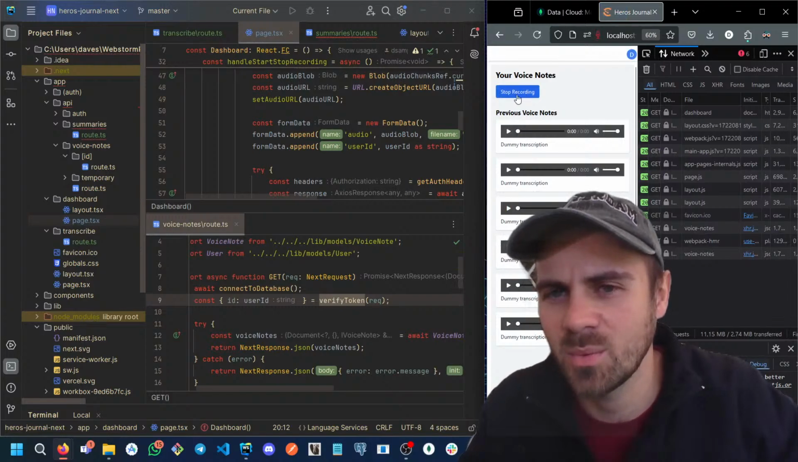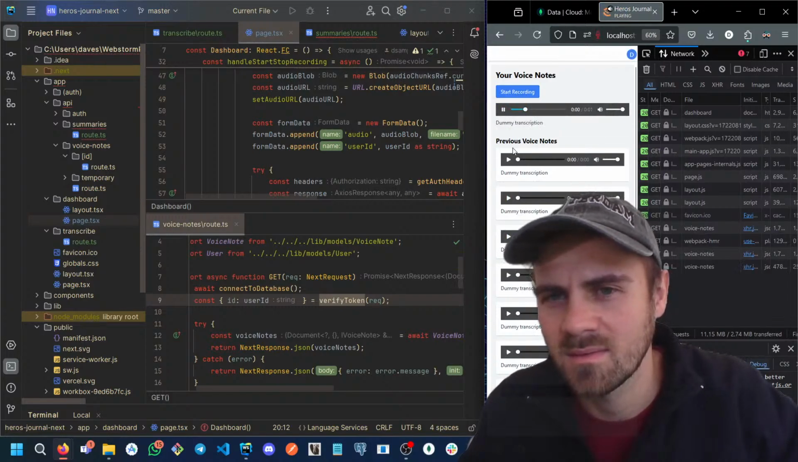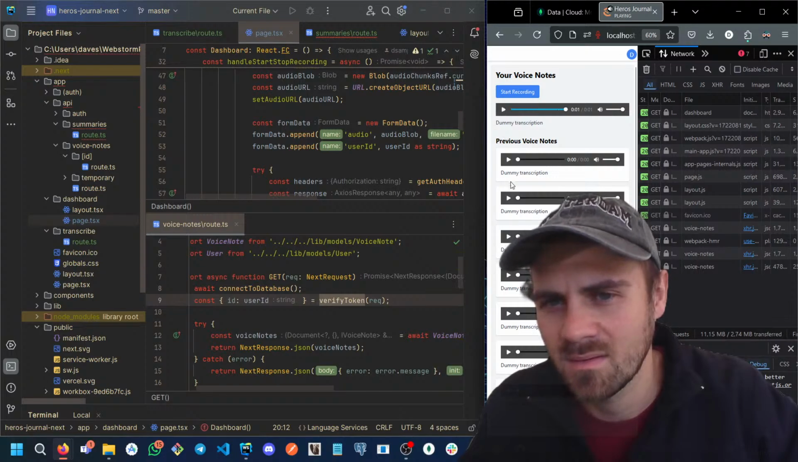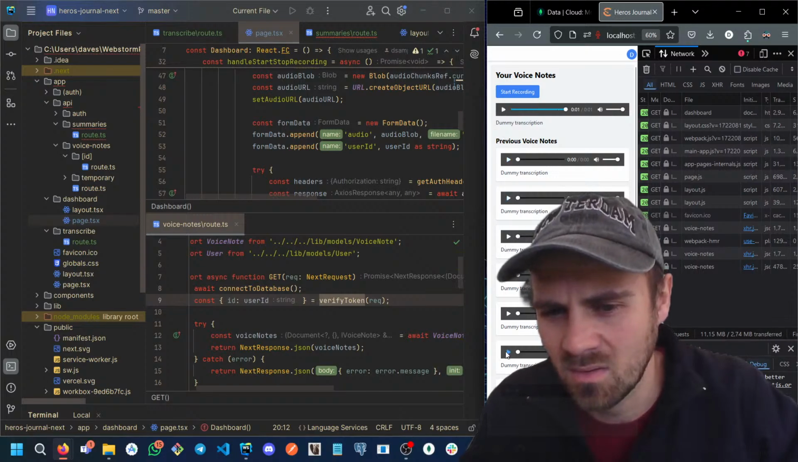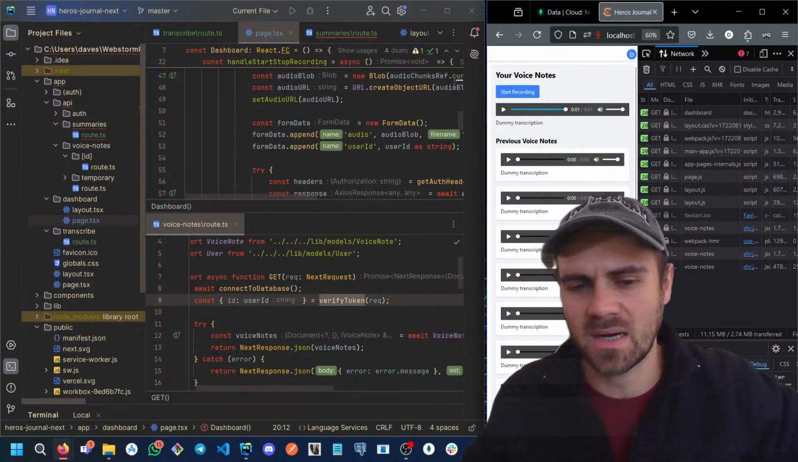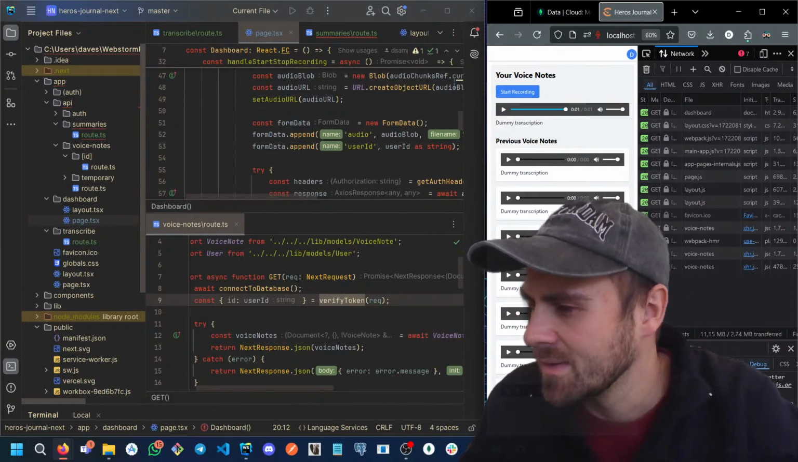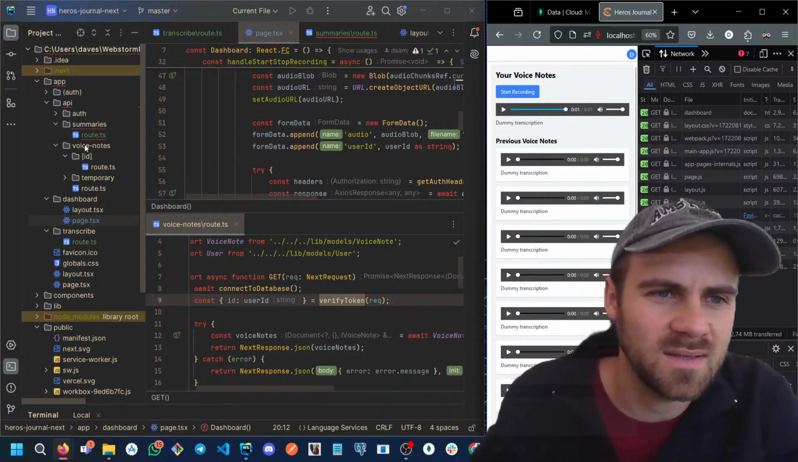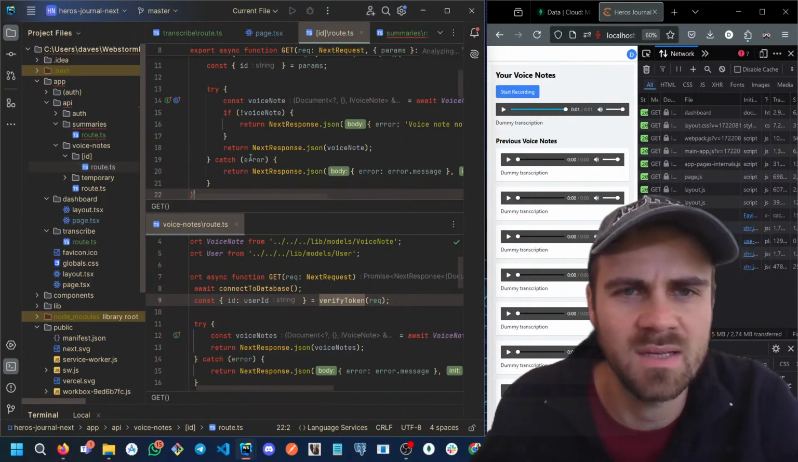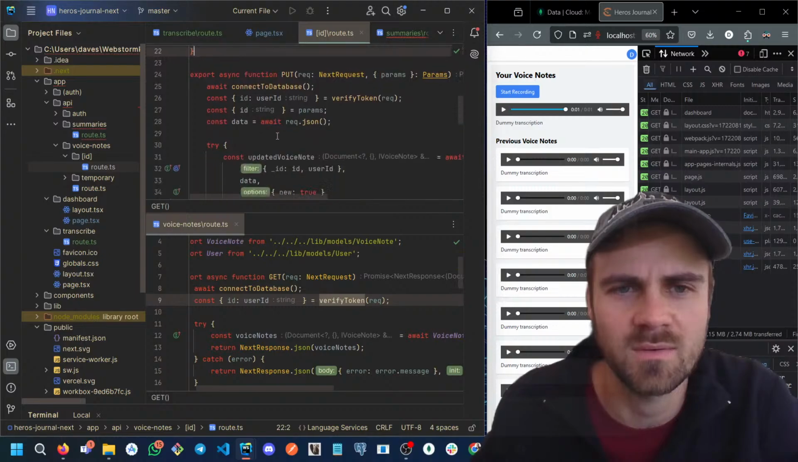Because I can play a new one. I can play a new one. But I can't play these old ones. So I think it's just using browser storage. Okay, so basically what that tells me is that we need to go back to the post